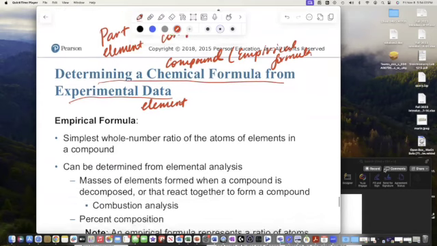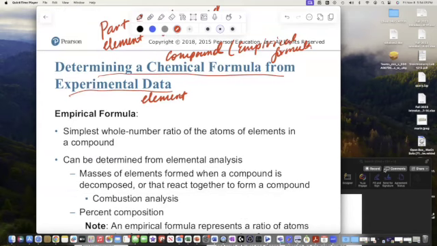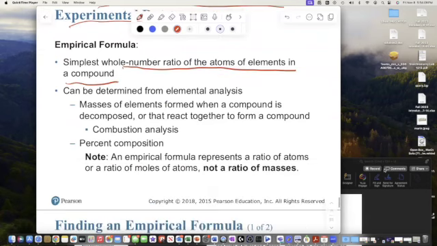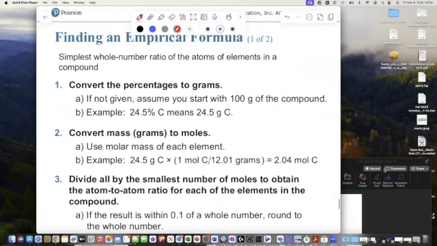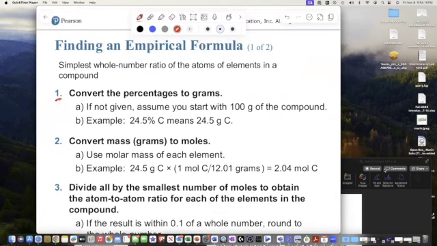Okay. So the empirical formula, we talked about that before, is the simplest whole number ratio of the atoms in the elements, right? And so this is a step-by-step process, kind of like drawing the Lewis structure. So you start from step number 1. You will be given percentages, right, of the element. For example, carbon percent, hydrogen percent, oxygen, and you will add up all the percentages. And if they equal 100,